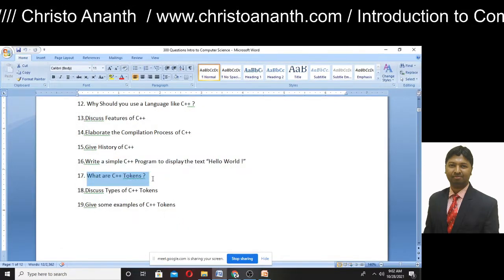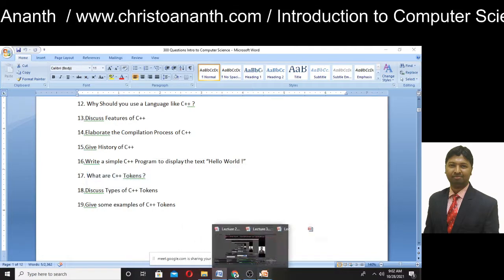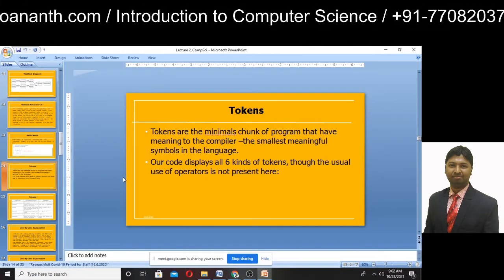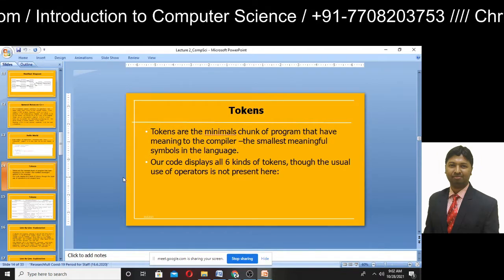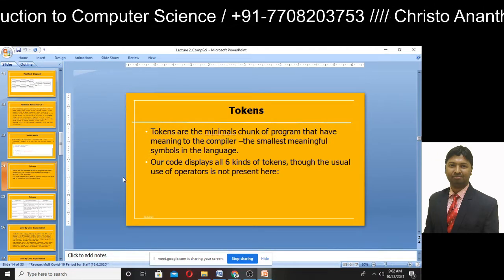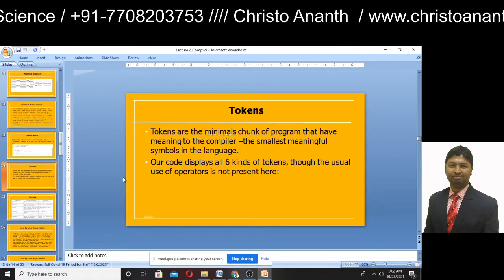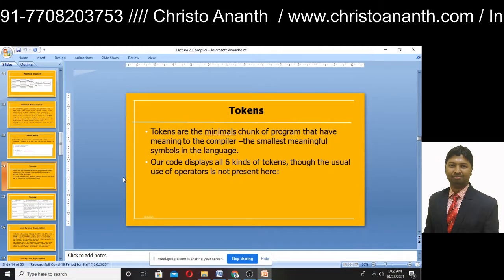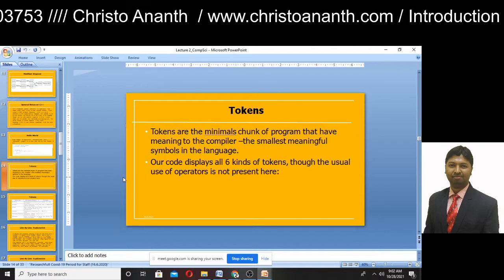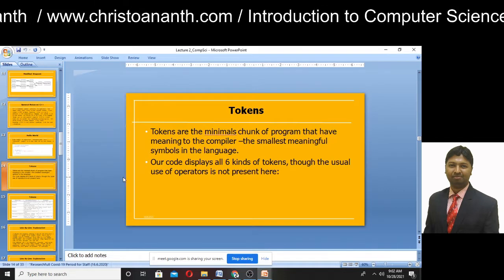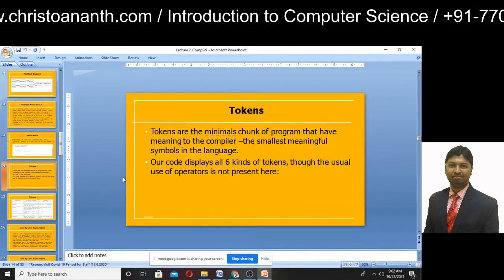What are C++ tokens? So tokens, in the case of C++, are considered to be the minimal chunk of the program that have meaning to the compiler, the smallest meaningful unit of the language.